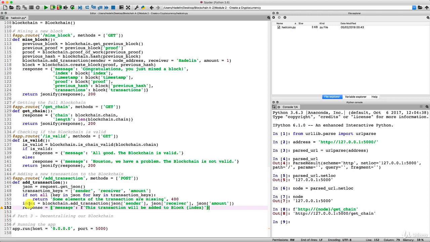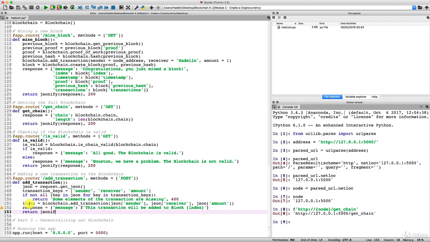And now we are almost reaching the end. The end is to return, of course, the response in the JSON format, and therefore we're going to do exactly as we did before. We're going to use here the jsonify function, which will take as argument, of course, the response. And then let's also return our HTTP status code, which, be careful, is different this time because we are on a post request.